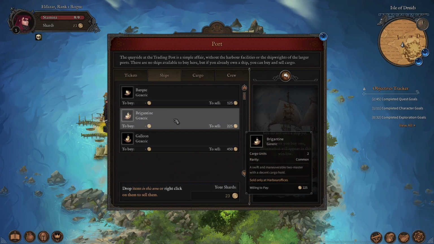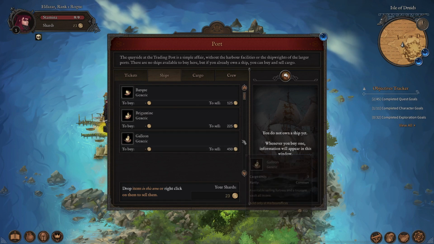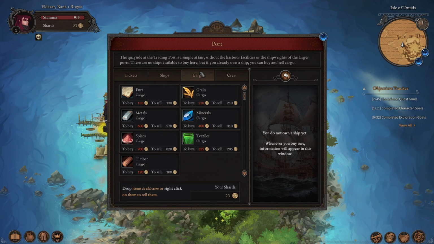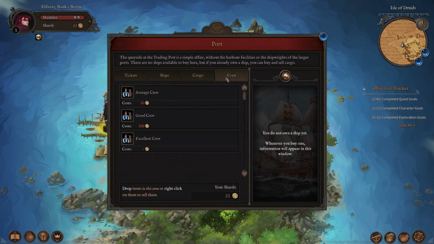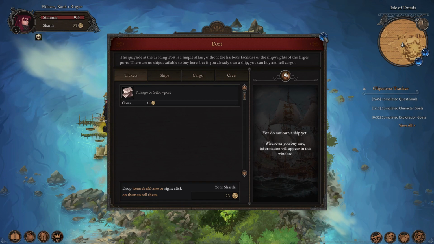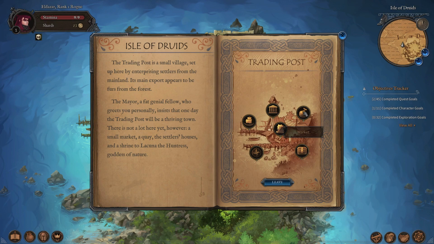Wait, we can buy? Oh no, they don't have them. We can sell a brigantine, a galleon for this much, but we can't buy them here. I was gonna say we have just about enough for a ship, but I think ships are probably way more expensive. Crew, tickets, yeah, I don't want to do any of this. Temple. I don't want to get a blessing from Lacuna. It's kind of tempting, but